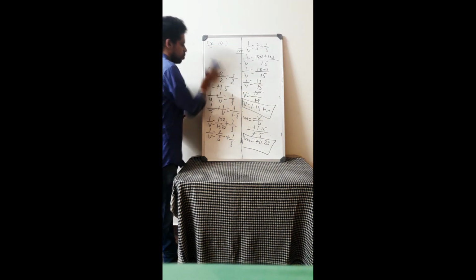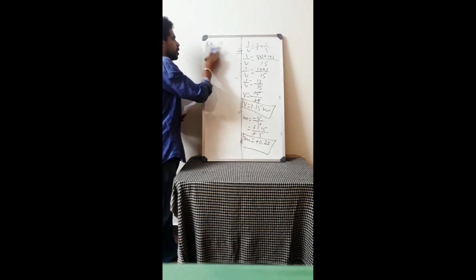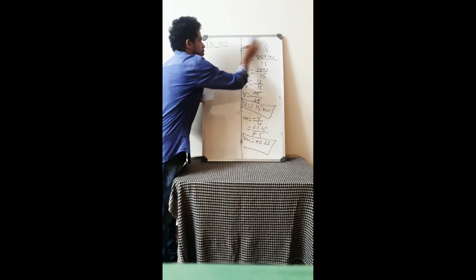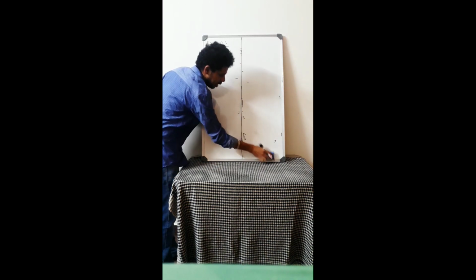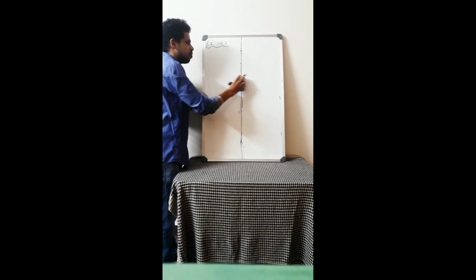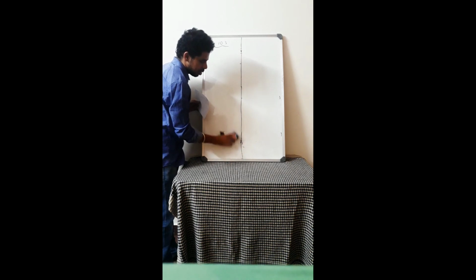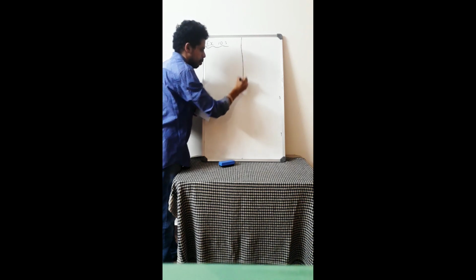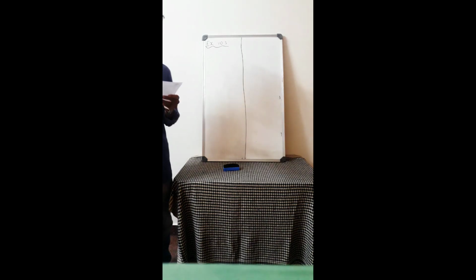Let us do one more problem. Example 10.3 from your textbook. It is also a solved example. Here I am doing one problem from mirror and one problem from lens, but I want you to solve more problems so that you will become better. Keep all your doubts. Question number 10.3 from your solved examples.